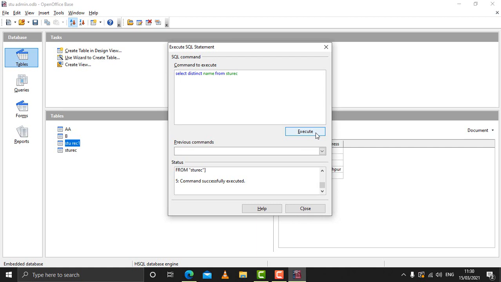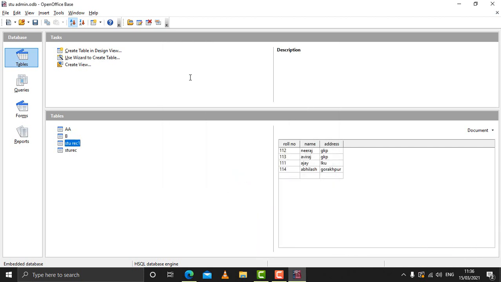So I'll be writing select distinct name from STUREC, and then I'll click on execute. It says command successfully executed, that means this command has done its work. So now only the names which are unique will be displayed along with their record.